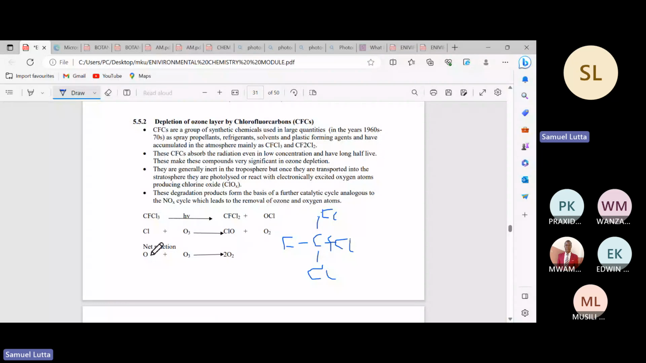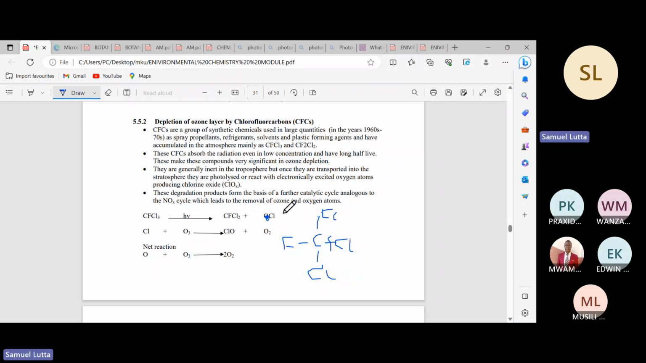Now there is what we call a net reaction. How do we get a net reaction? We get a net reaction by adding these two reactions. Remember, we have said this one is not there. This was a typo. So this one is not there. So when you just add this, like the way you add simultaneous equations, you'll find that